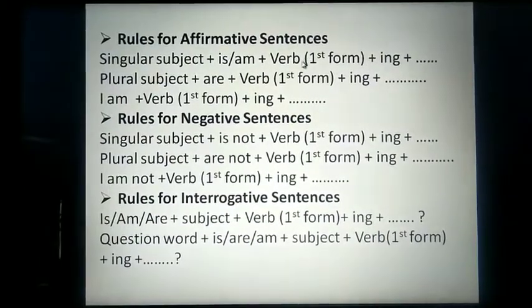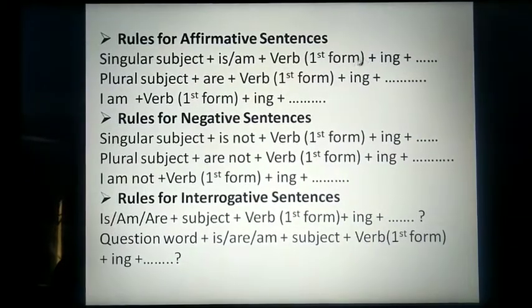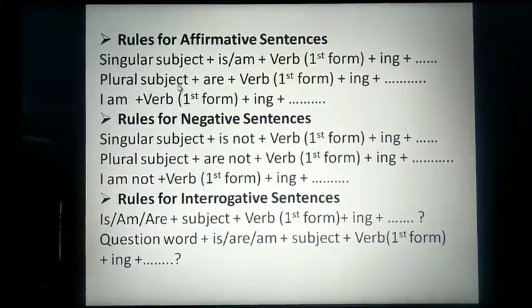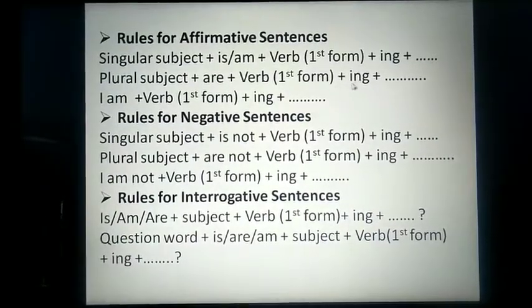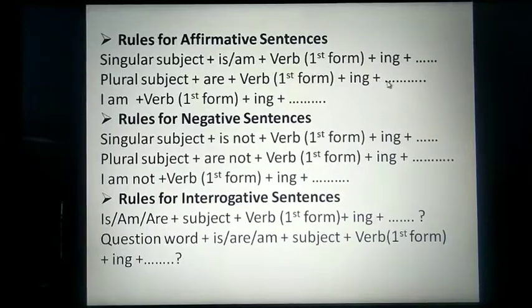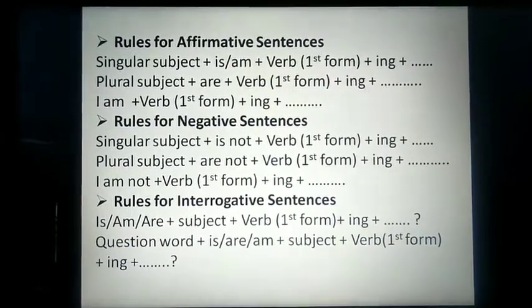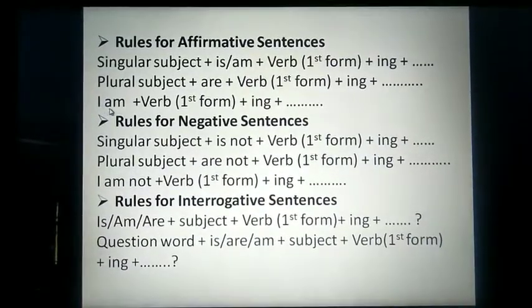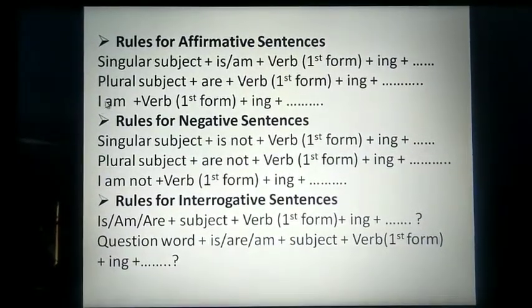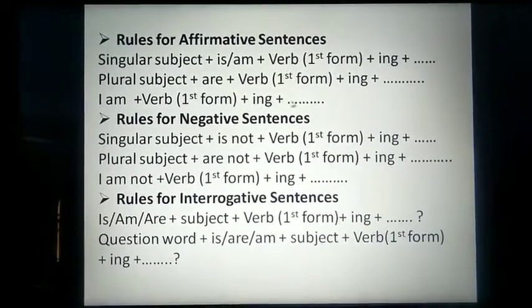So play is the first form of verb and we have added ing to it. Then if your subject is plural, then are plus first form of verb plus ing and then followed by object. For example, we are going to Shimla. If your subject is I, then it could be I am plus first form of verb plus ing plus